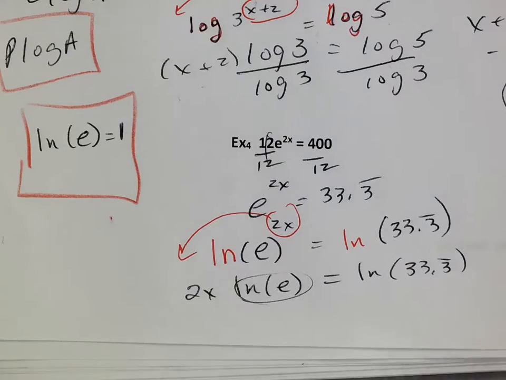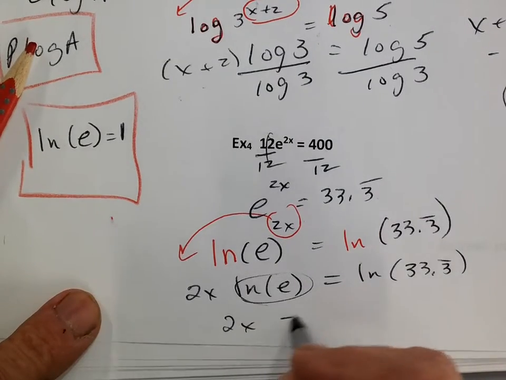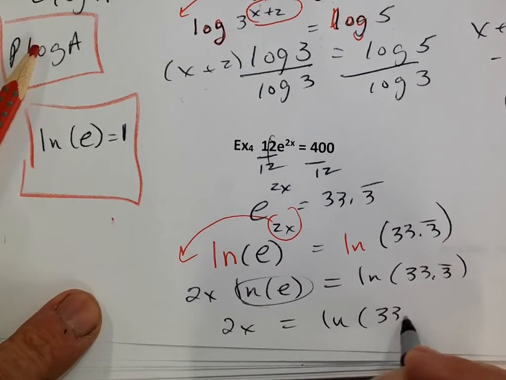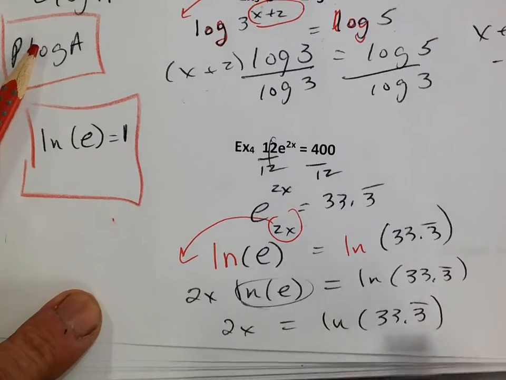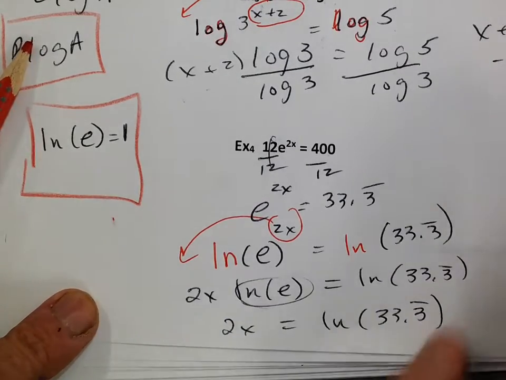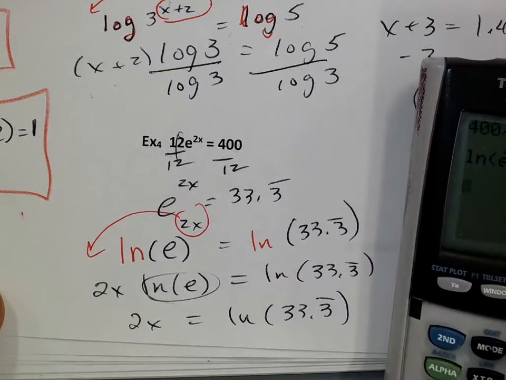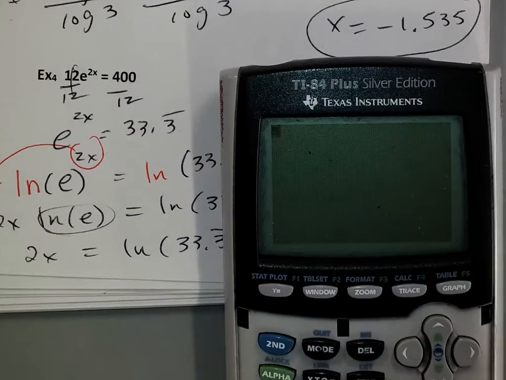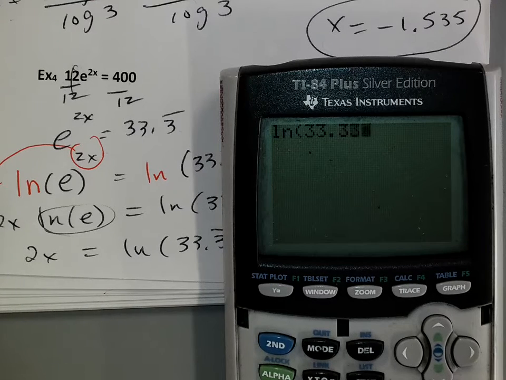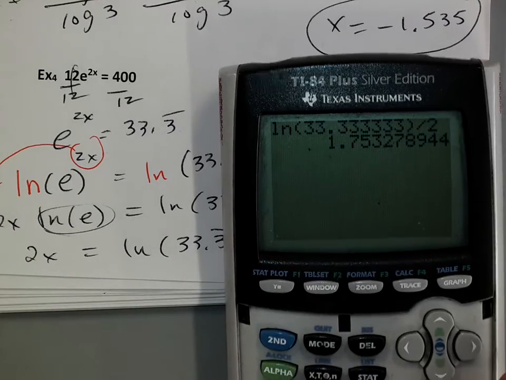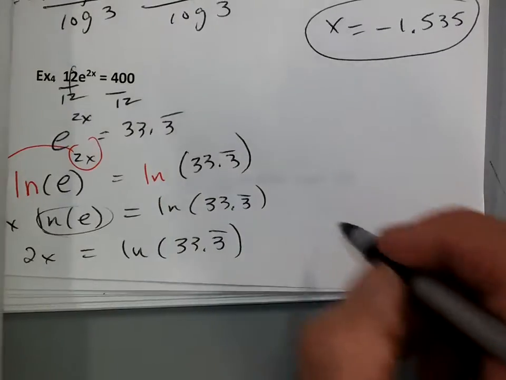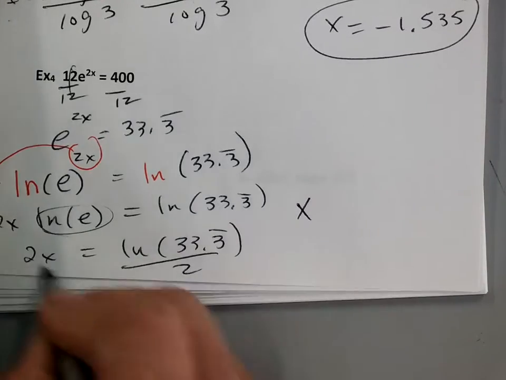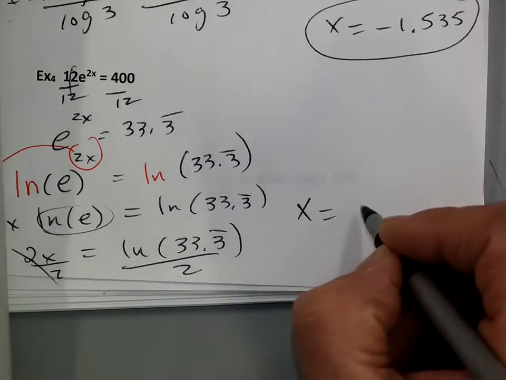Okay, so then you really just get 2x equals ln of 33.3, which you can use your calculator on, and divide by 2, right? So I'm just going to use my calculator. I'm going to go ln, natural log of 33 point, a bunch of 3's in there. Divide, and then I'll eventually divide by 2, right? Divide by 2, and there's my answer. About 1.75, because I'm going to divide by 2, x equals approximately